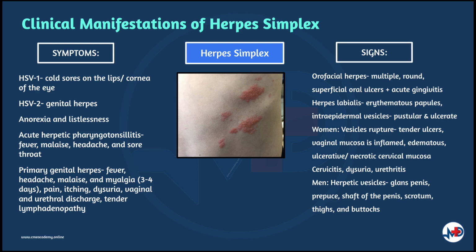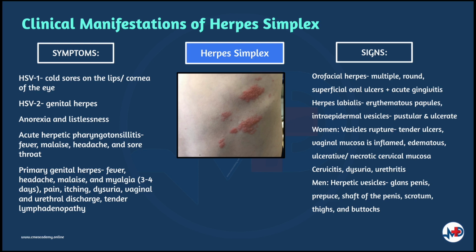Moving on to the signs seen in herpes simplex infections, orofacial herpes usually presents as multiple, round, superficial oral ulcers with acute gingivitis, high temperature, tender regional lymphadenopathy, and perioral skin infection. Herpes labialis, on the other hand, will appear as erythematous papules developing into tiny, thin-walled intraepidermal vesicles which eventually become